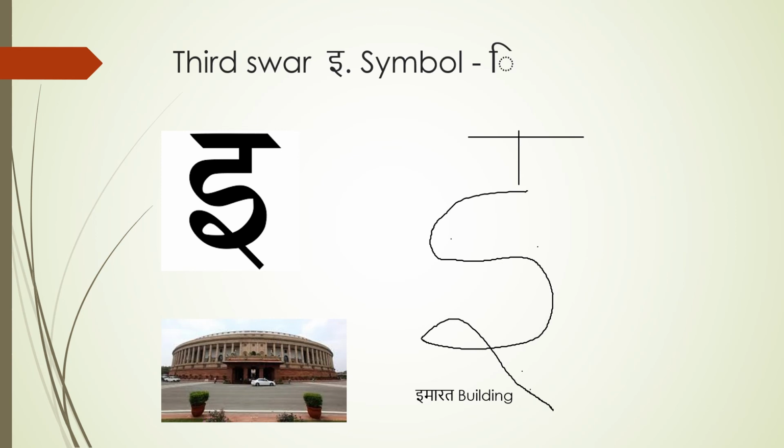Let's see an example. Let's start with our curve, which is a C, almost a circle, straight line, another C which is upside down, a line before the curve, and that is joined with a hat or an inverted C with the curve and with the top line, which makes it the letter Ki. An example of E and a word associated with it is Imarat, building.